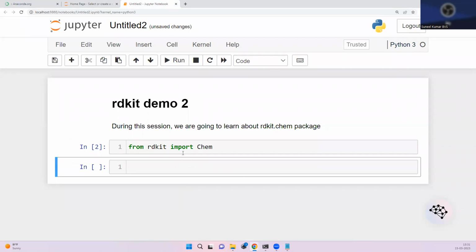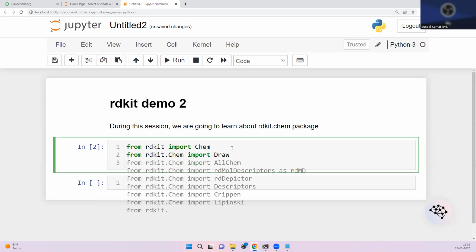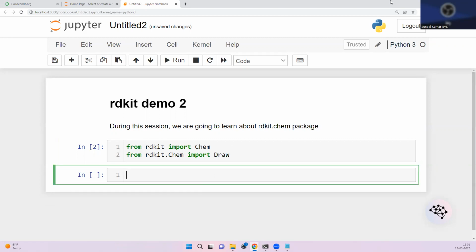Right. As we have seen in the introduction session, there are a lot of libraries available in rdkit. The main library is Chem, and within Chem you have a lot of other libraries to support molecular manipulation functions, file handling, geometry optimizations, and drawing reactions. There are a lot of other sub packages available. If you want to import those libraries, all you need to do is go to rdkit.Chem import Draw, right? Similarly, you can import all these libraries like descriptors, depictor, and fingerprints, everything by using from rdkit.Chem as well. Okay, now